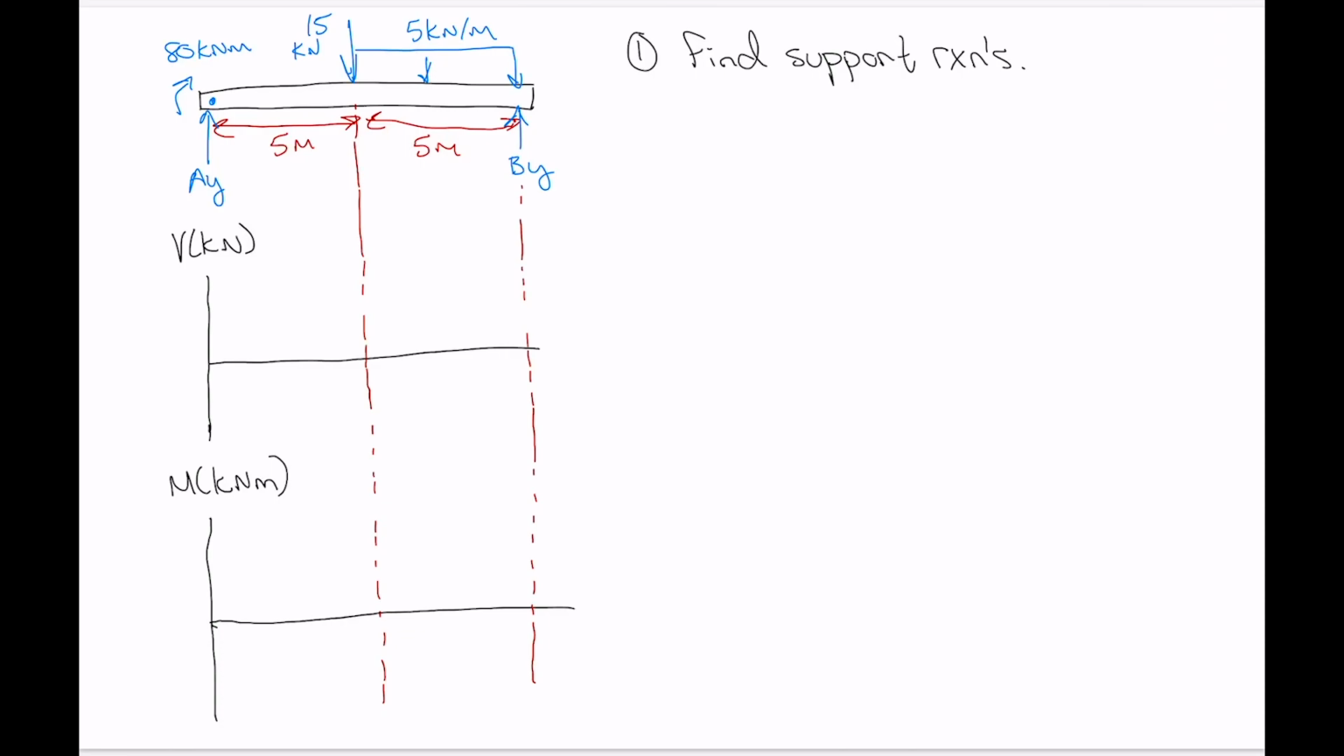And just to illustrate an important point about point moments here, let's do the sum of the moments about point